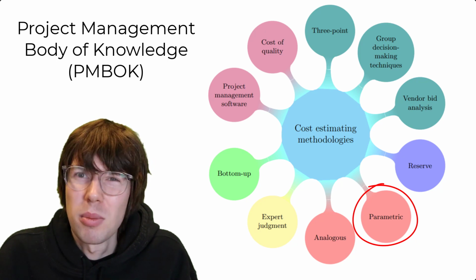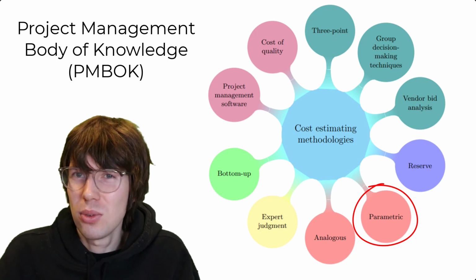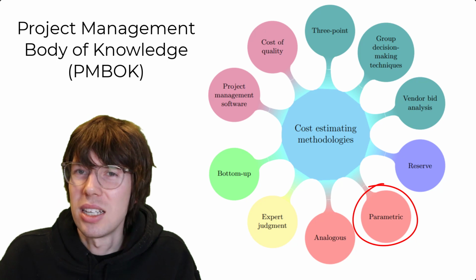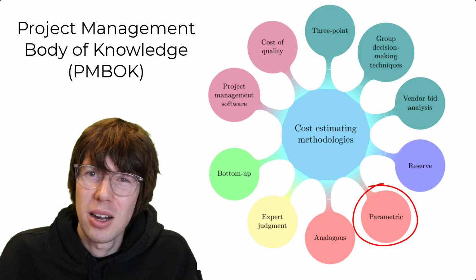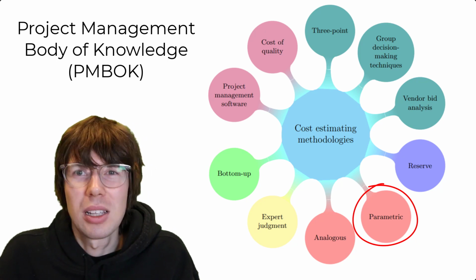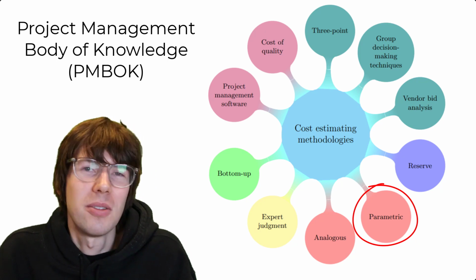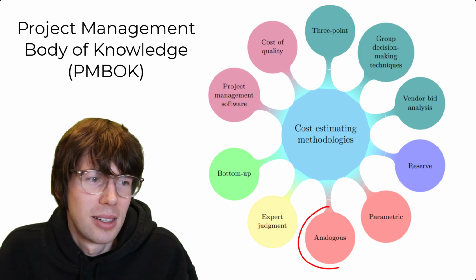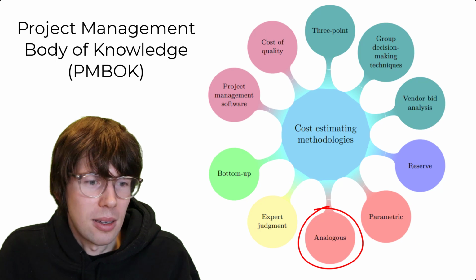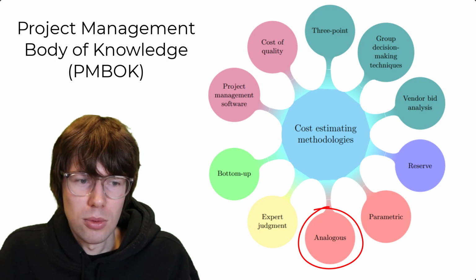So yeah, that is probably my favorite method, and my students are mostly engineering students, so I think they will appreciate parametric cost estimation the most, and they might be a little bit hesitant and skeptical about the previous methods like expert judgment. So what is next? What other methods do we have?